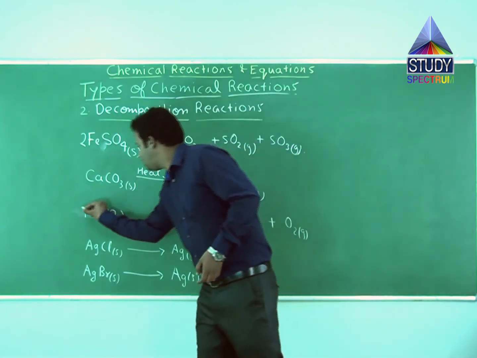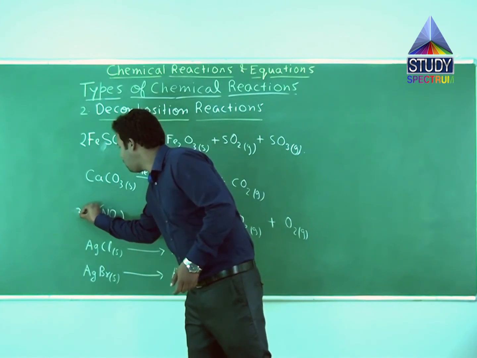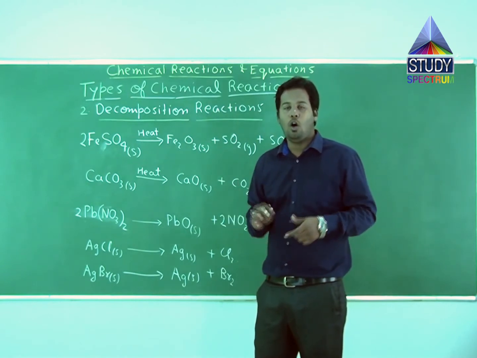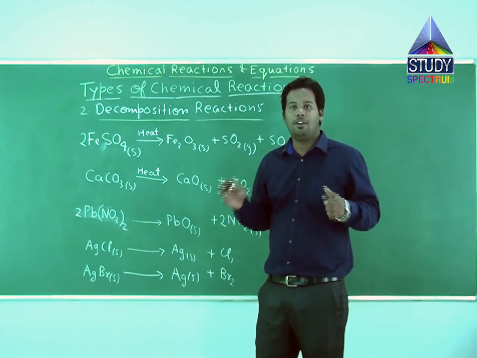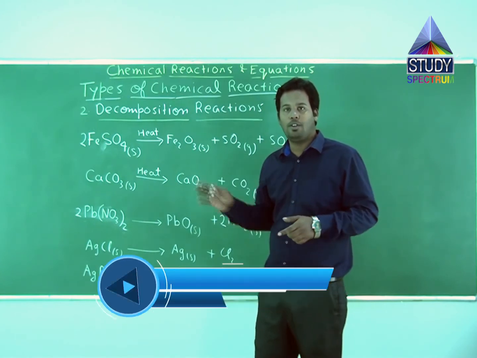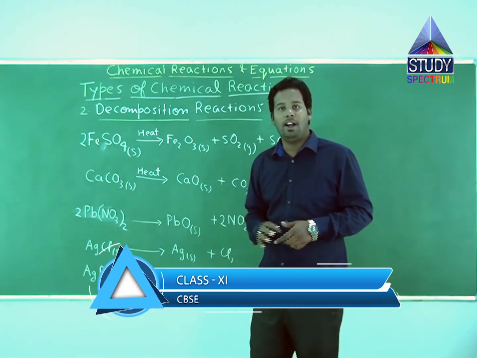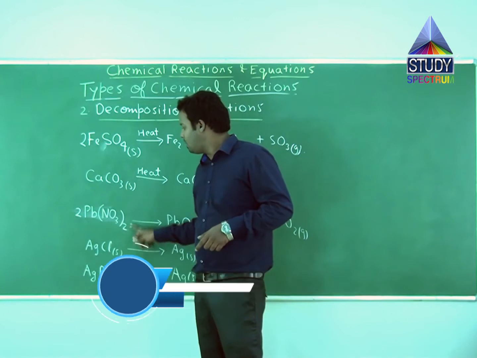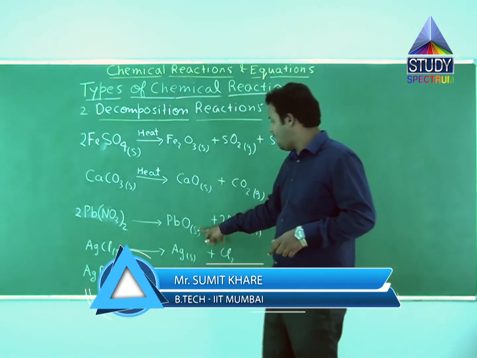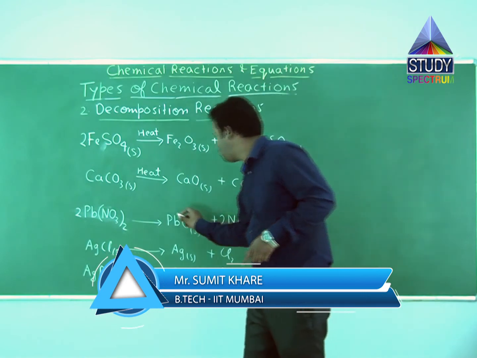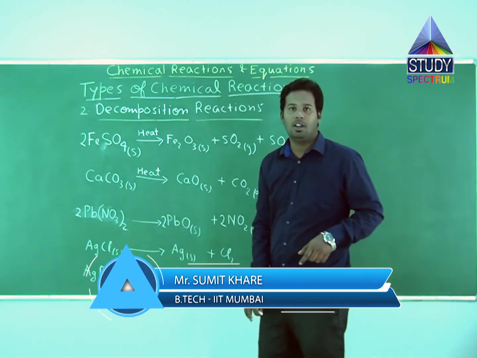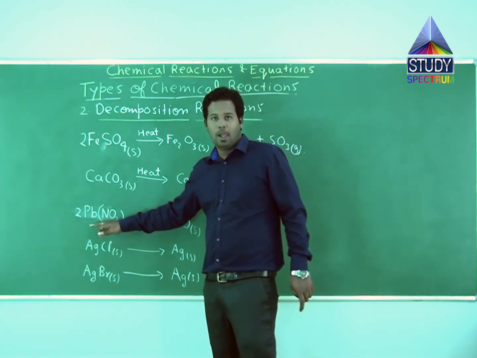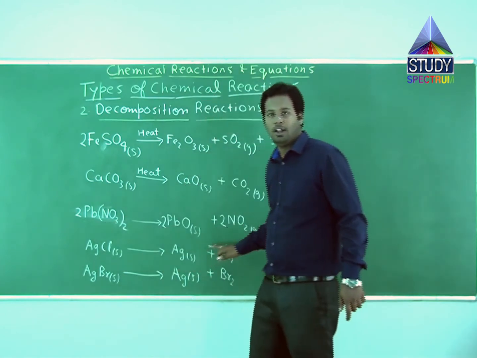Suppose I place 2 over here. Do not forget, since we are trying to balance this equation using the hit and trial method, also known as error and trial method, we are free to place any number as the stoichiometric coefficient of reactant and products in order to balance the atoms of each element. So suppose I place 2 over here, the number of lead atoms in LHS will now become 2, and since we have only 1 lead atom in the right hand side, I have to place 2 over here also. Correct? So it makes lead balanced. The number of lead atoms, Pb atoms, in LHS is 2, and that is what it is in RHS also.